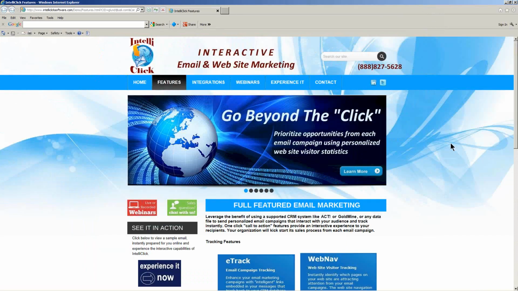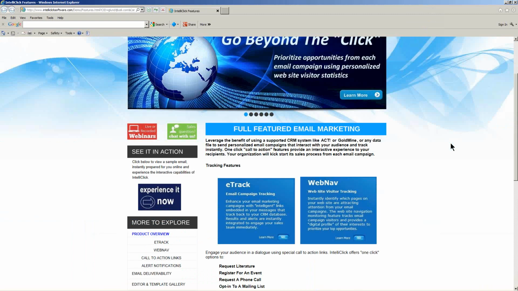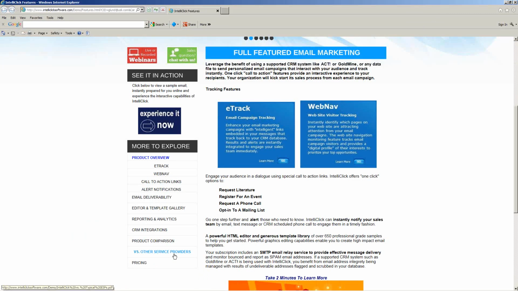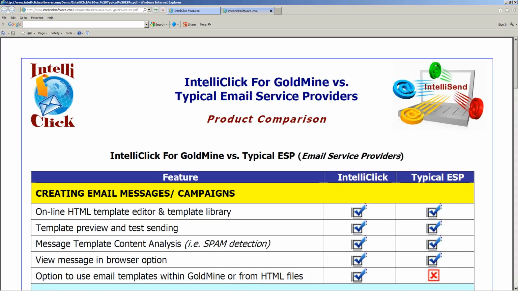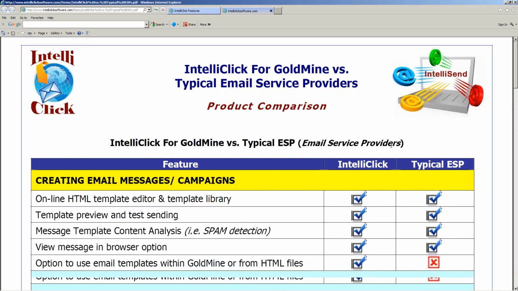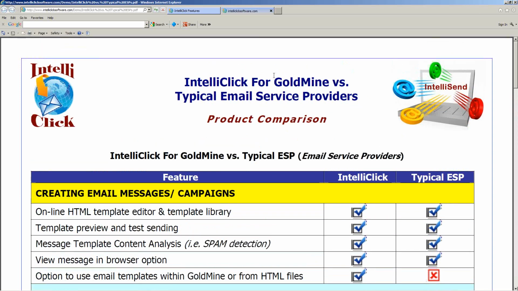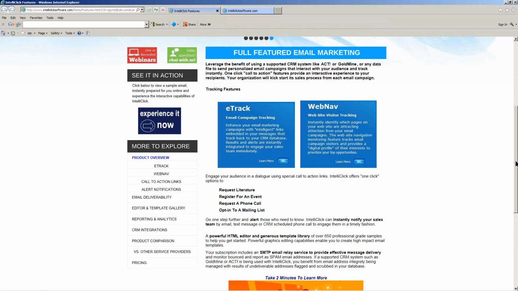Now on this page, we happen to have a link down below here that gives product comparison versus other service providers. And so I'm going to click on that link, and that link is actually into a PDF. So this is actually opening a PDF file in this case, which provides this little comparison side by side. So this is something we've always had on our site, but we've never really known who's actually gone and looked at it. And so in a moment after I finish this behavior, I'll show you exactly what is being registered